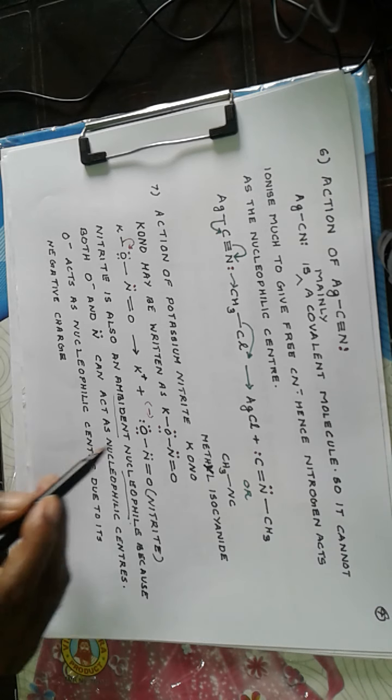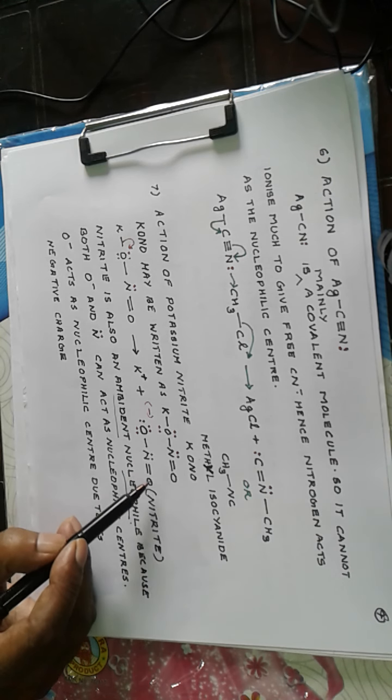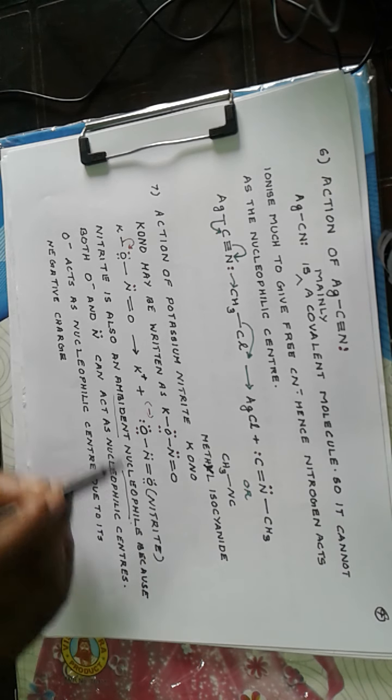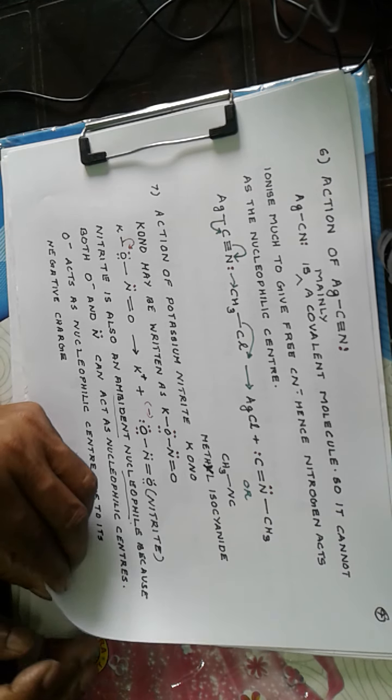Now here the oxygen atom with a negative charge will be the nucleophilic atom because it has a negative charge. A negative ion is more polarizable than a neutral atom like nitrogen or oxygen. Here oxygen also possesses two pairs of electrons, but a negative atom will be more polarizable than a neutral atom. So the oxygen with the negative charge will unite with the carbon atom of the methyl group in methyl chloride, so the nucleophilic atom is O negative.